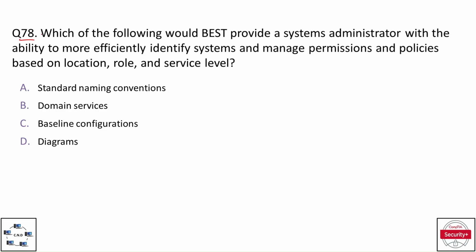Question number 78. Which of the following would best provide a systems administrator with the ability to more efficiently identify systems and manage permissions and policies based on location, role, and service level? And the options are option A, standard naming conventions, option B, domain services, option C, baseline configurations, and option D, diagram. And the correct option is